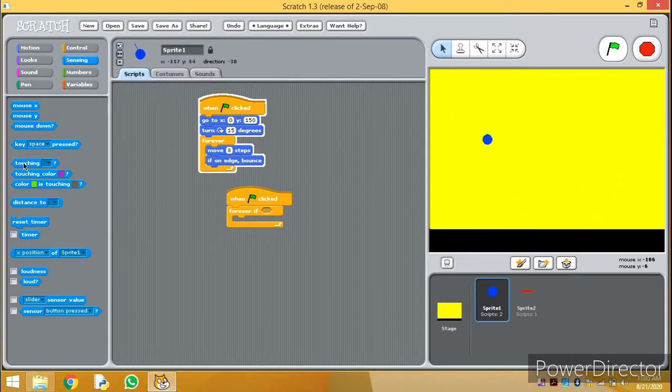So we have the touching option here in sensing. In this sensing we will check for sprite 2. If it is touching sprite 2, that means the paddle which we have created, the ball should bounce. As this line is the movement line of the paddle,